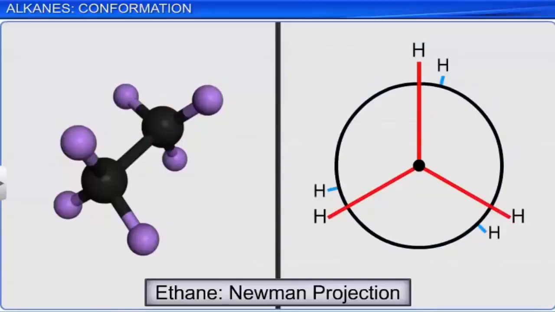The bond angle between these lines is kept at 120 degrees. The hydrogen atoms connected to the carbon atom in the front are represented by longer lines, and those connected to the carbon atom at the back are represented by shorter lines. Using Newman projection,